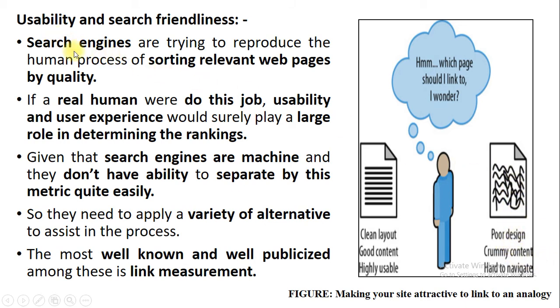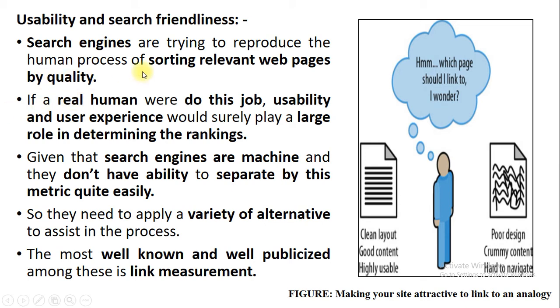So when your website is there and you type a particular keyword in the search box, the search engine contains a number of links related to the particular topic or website. Now, what is the functionality of the search engine? They need to sort the relevant web pages for a particular topic. Now what is the question? The question is, in what order are search engines going to sort those web pages? By the quality, that is the answer.